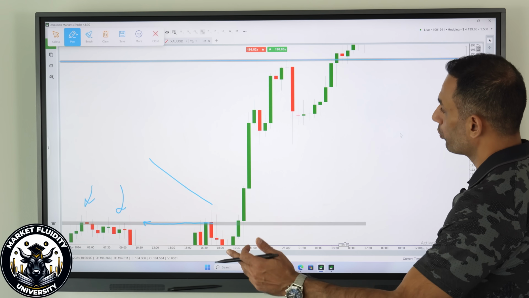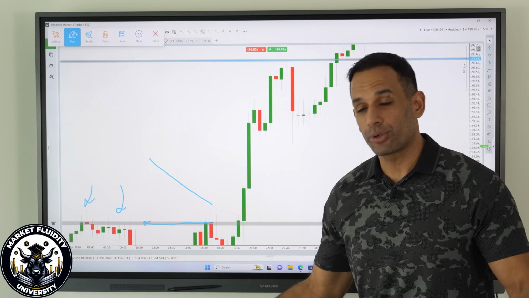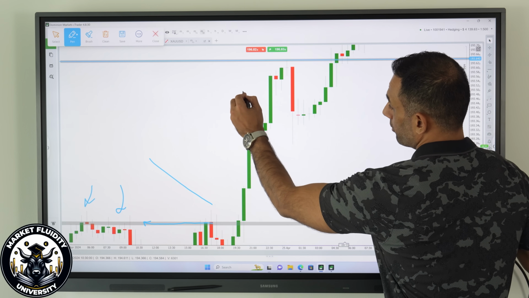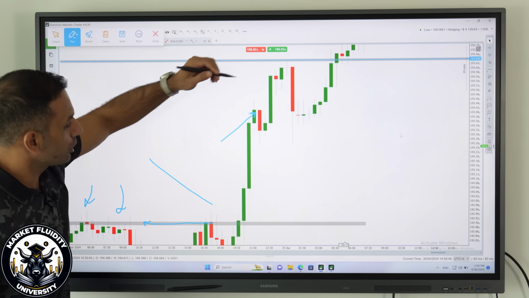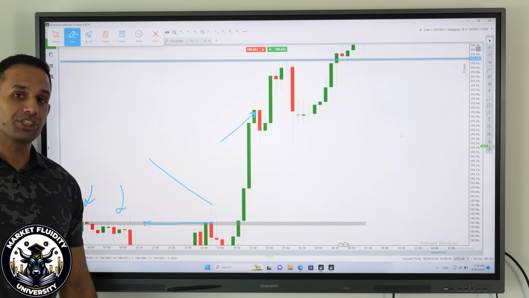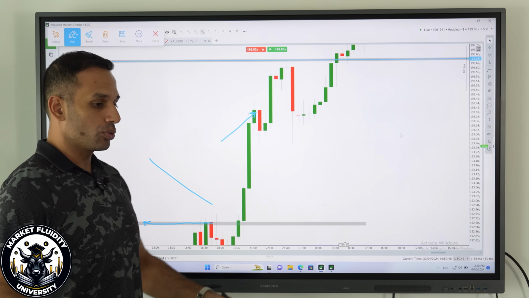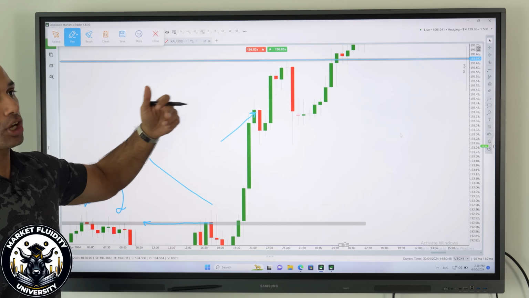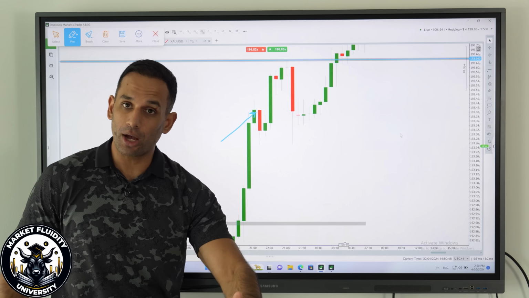What do we do? We wait for a candle to possibly retrace a little bit. Now we have a candle that finished bearish. Boom. A bearish candle has formed in an uptrend. We have no wick on the top. If you do know, when a candle has no wick on the top and we have a wick at the bottom, this means there's a high probability for price to move down.